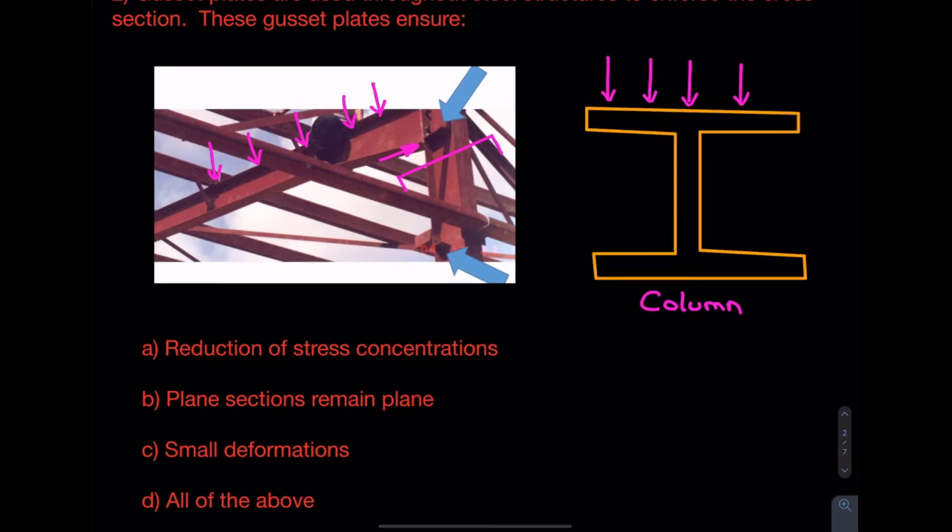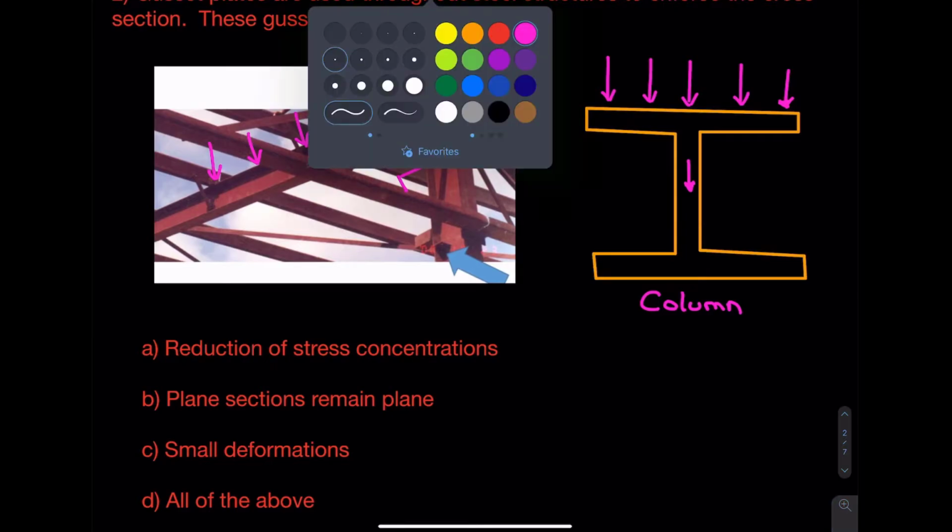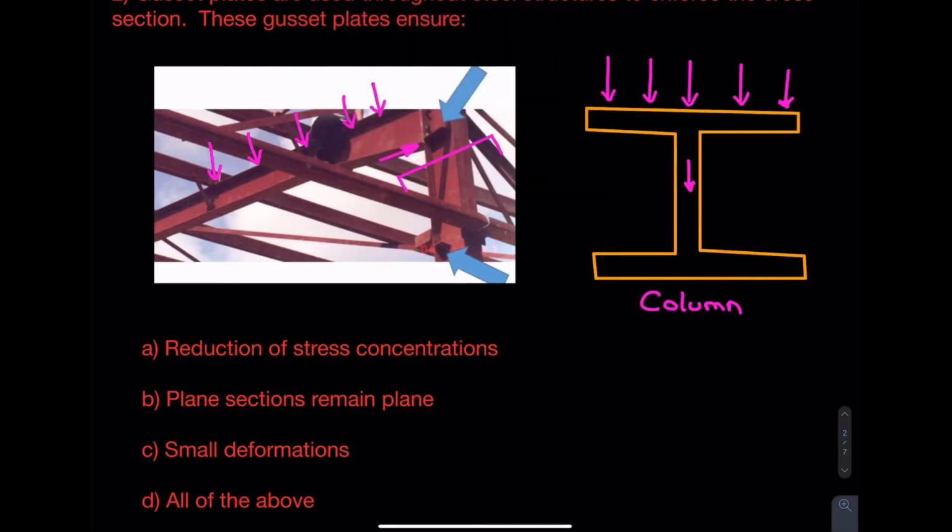Now, the key here is that these forces must be transferred through the column. So therefore, they must start in the flange, but then they have to work their way into the web as such, because that web there is actually what carries our shear capacity for these columns. Now, when we think about the path the stress has to take to get there,